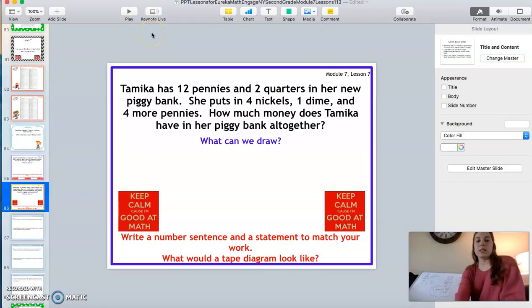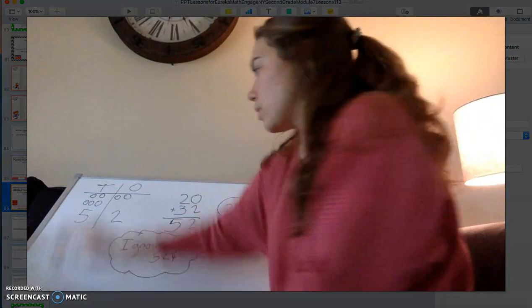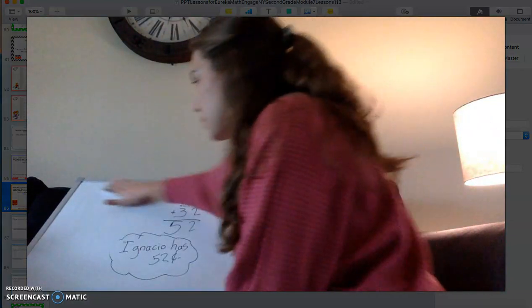Now this question says, Tamika has 12 pennies and 2 quarters in her new piggy bank. She puts 4 nickels, 1 dime, and 4 more pennies. How much money does Tamika have in her piggy bank altogether? So if we zoom out, and I erase my board,